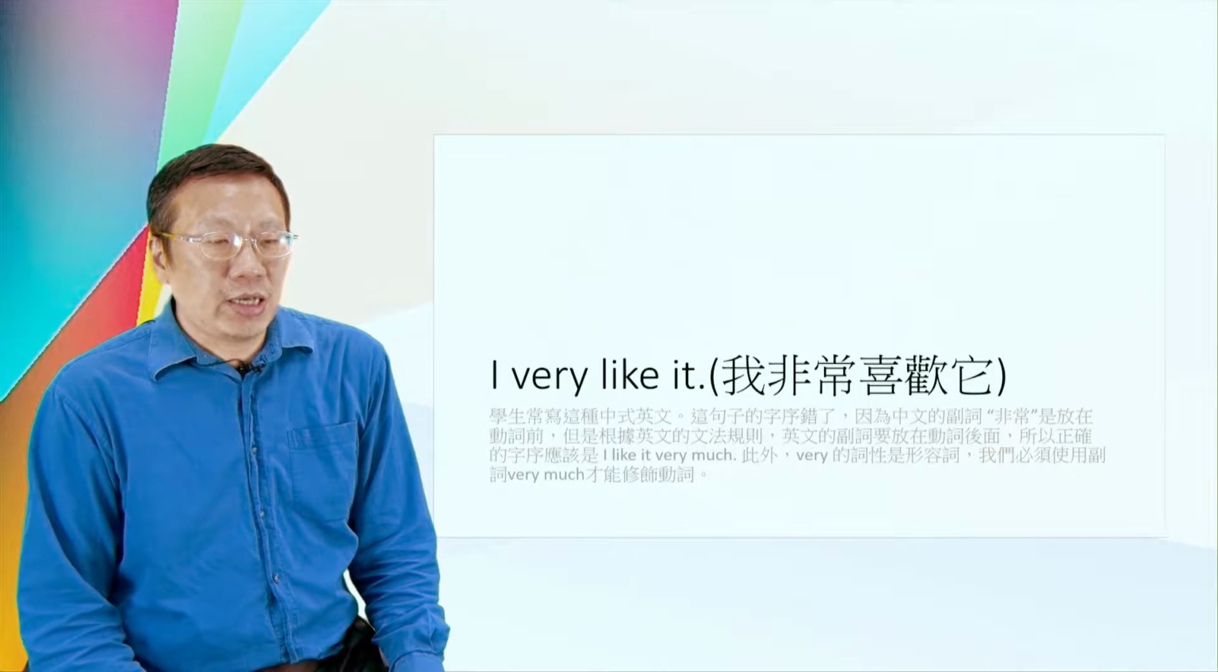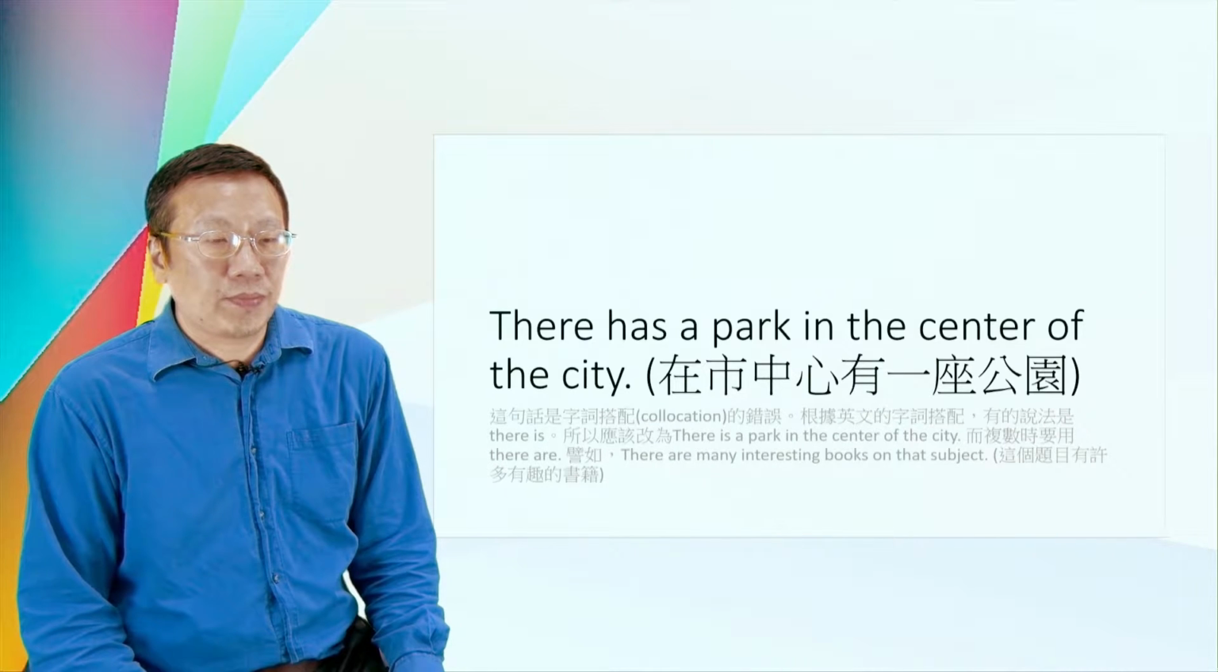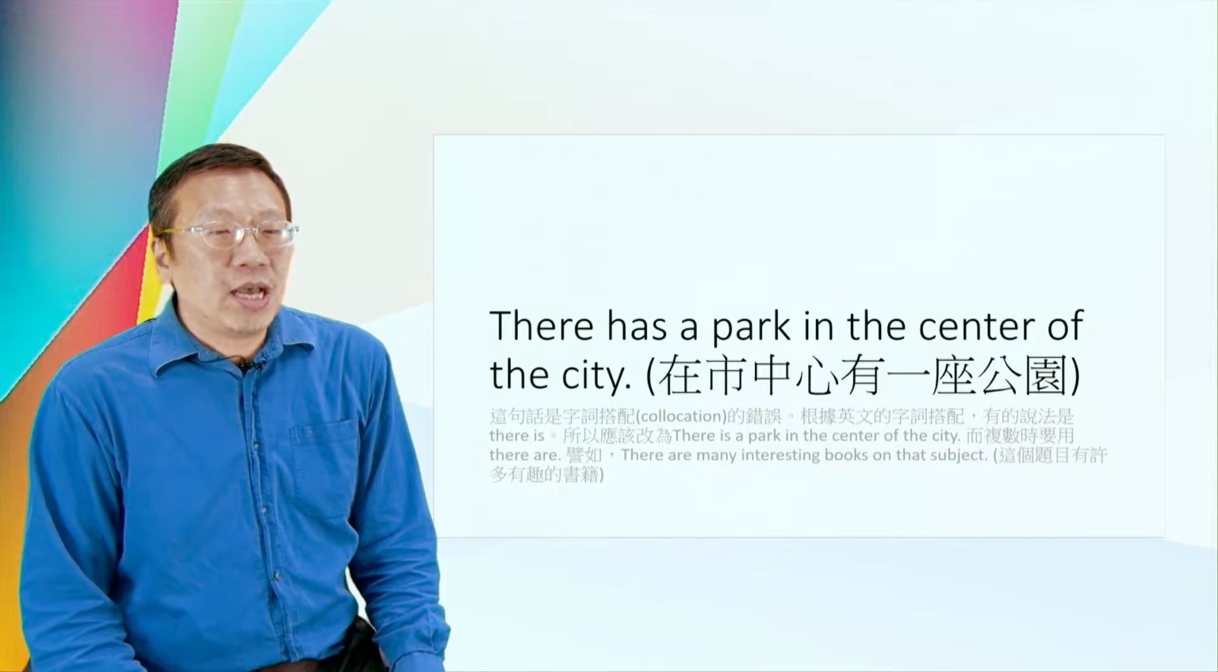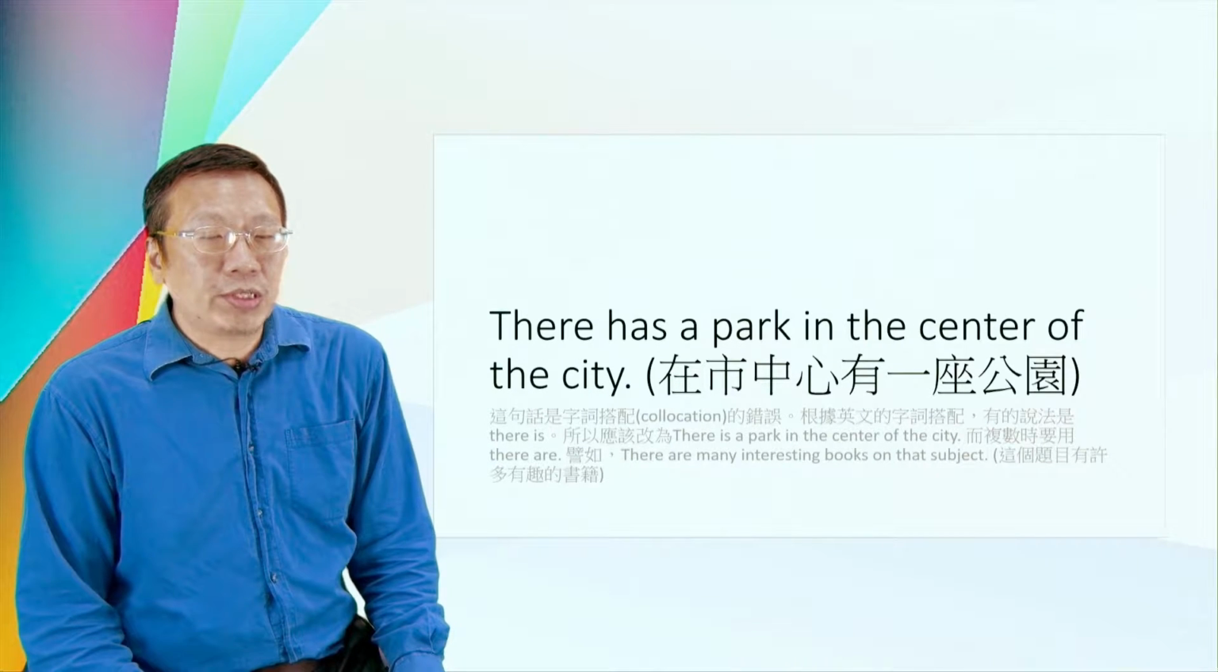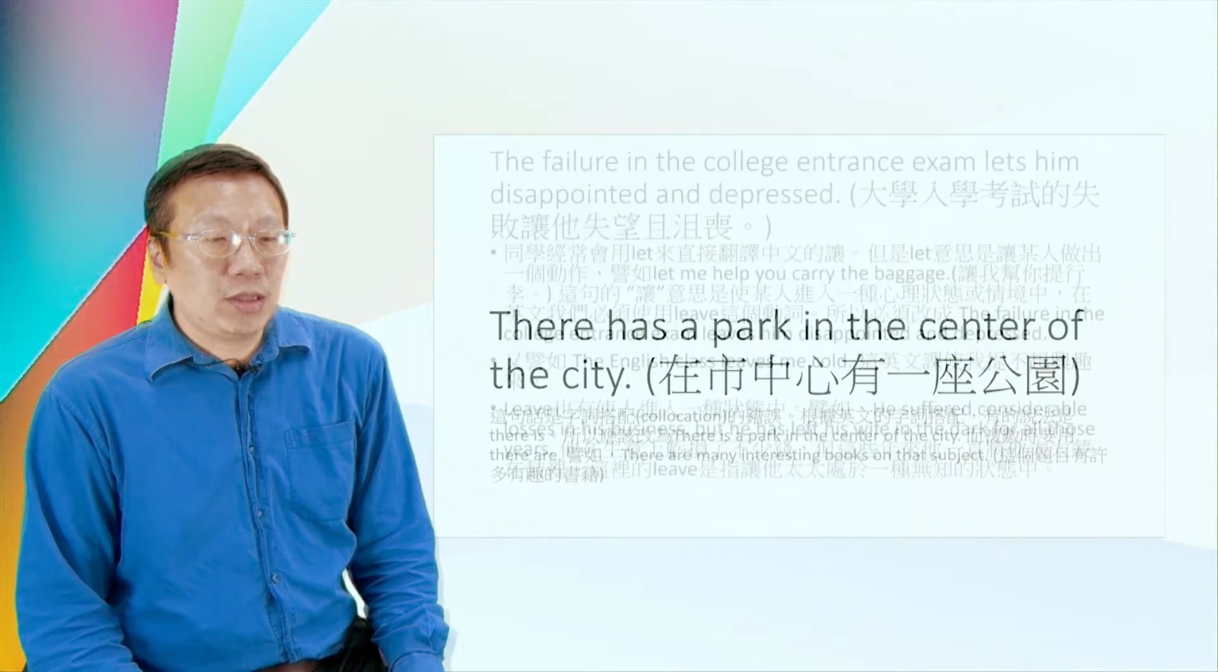very much 才能修饰动词。There has a park in the center of the city，在市中心有一座公园。这句话是字词搭配 collocation 的错误。根据英文的字词搭配，有的说法是 there is，所以应该改成 There is a park in the center of the city。而复数的时候要用 there are，譬如 There are many interesting books on the subject。这个题目有许多有趣的书籍。